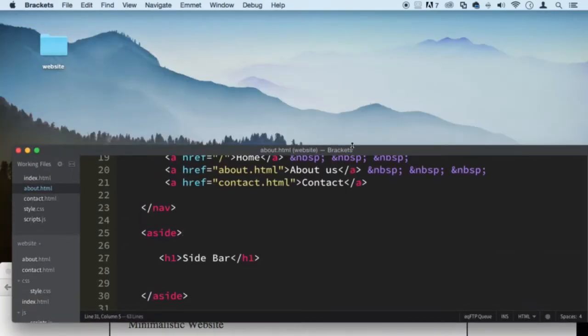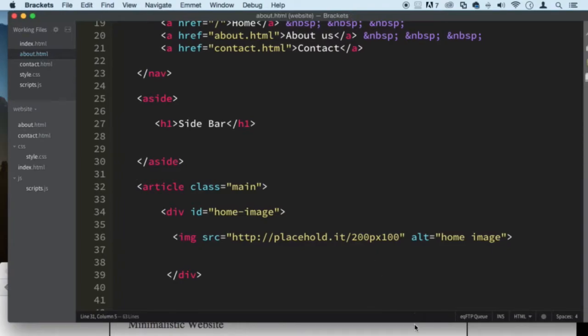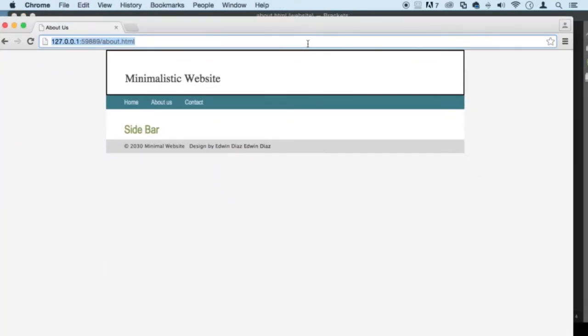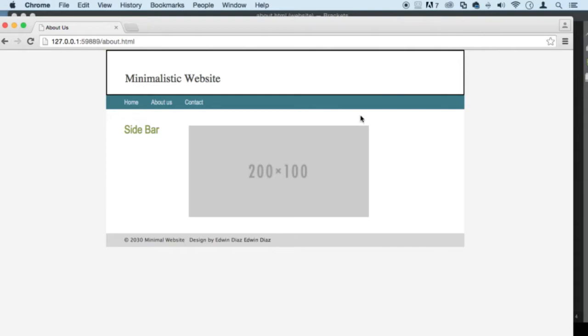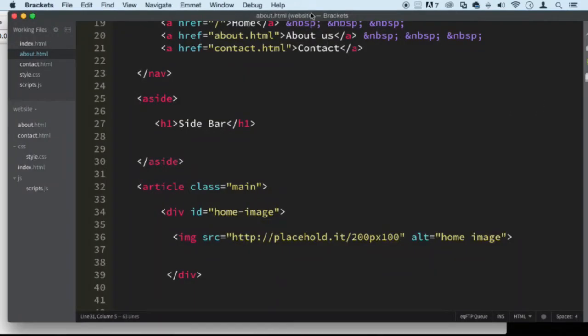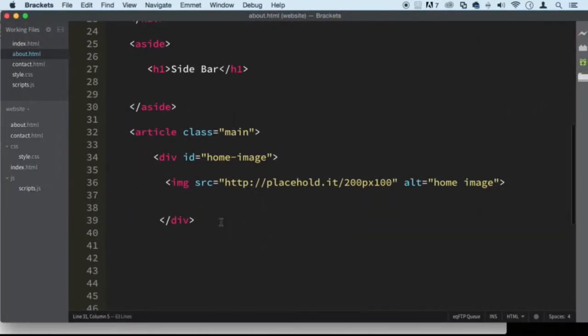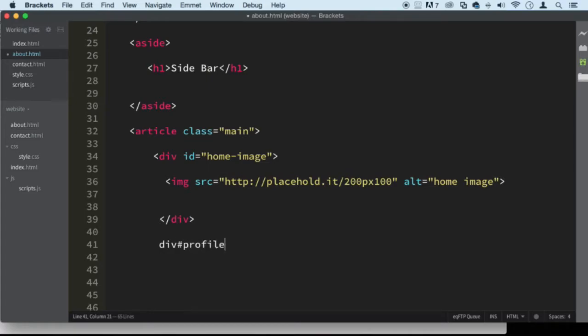All right. There we go. So you can see this is not as big as the home page. It's 70%. We can make it a little bigger, and we can put some text right here on the right hand side if you like. So it's up to you. We can go ahead and do that right now. This is the image, and we can say something like, I don't know, profile info,